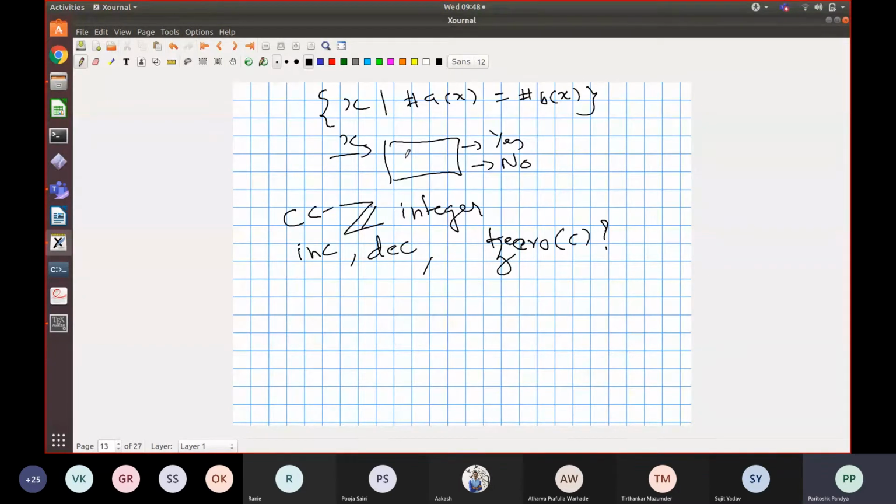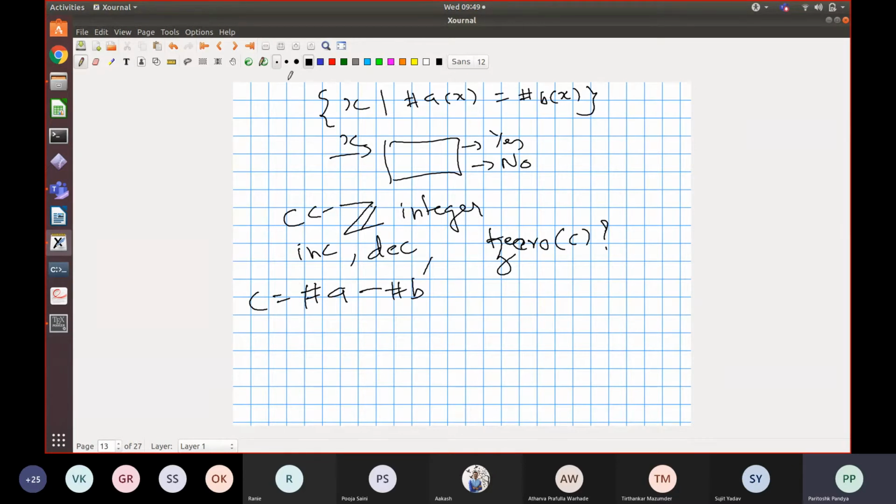And how does this automaton work? Every time it reads an A, it increments the counter. Every time it reads a B, it decrements the counter. So what it is maintaining is the count of A minus count of B. This is what is maintained in C at every stage. You scan the word left to right, and at the end of the word you check whether this counter is 0 or not. So here we have built an automaton with just one integer counter, where the operations are both increment and decrement, and also just test for 0, not equality of two counters.